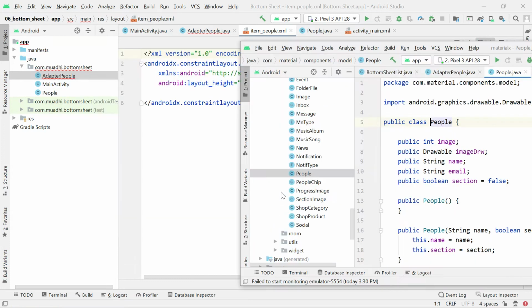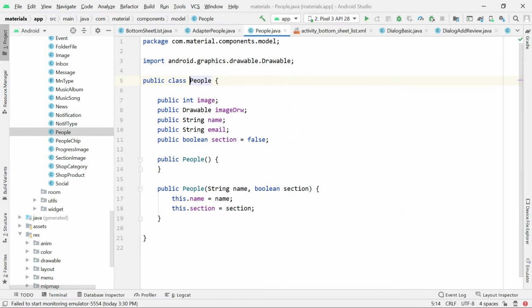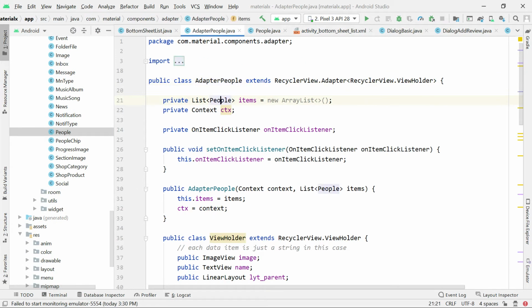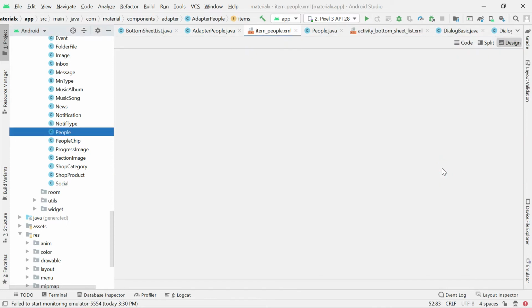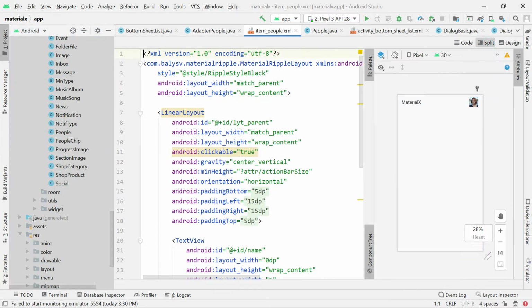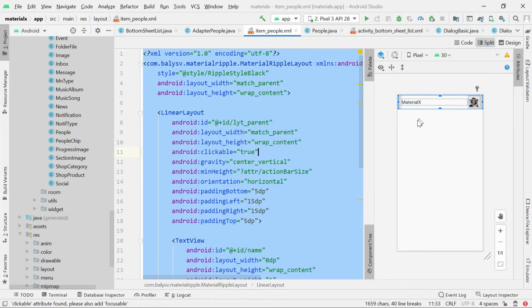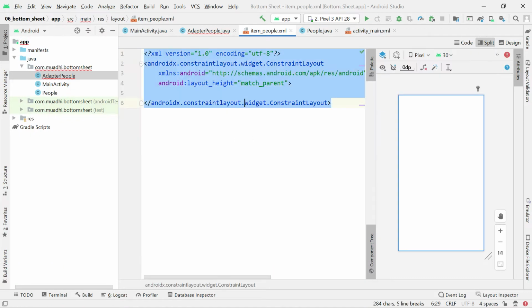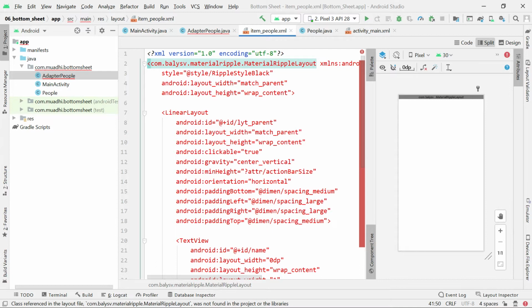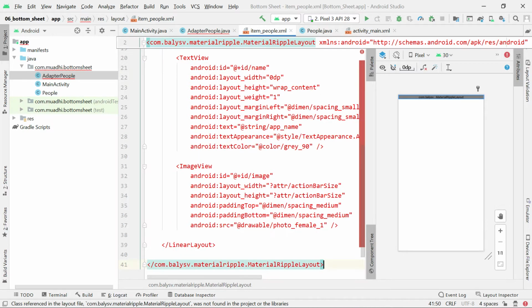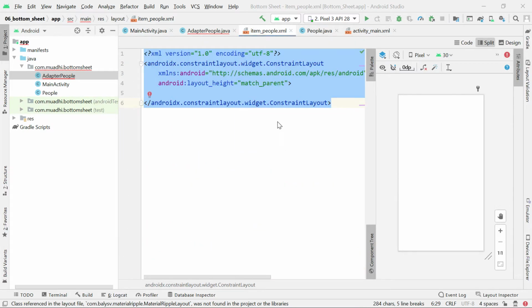I'll be a little bit faster, and then I'll come and get this layout from this project, like this. So it is having just a simple layout like this one. So we'll just fix these errors. Won't copy everything.